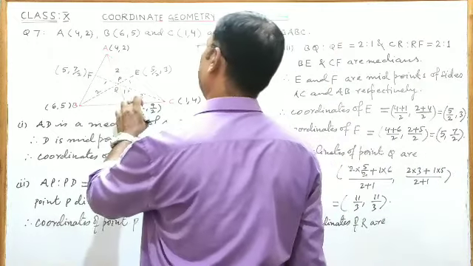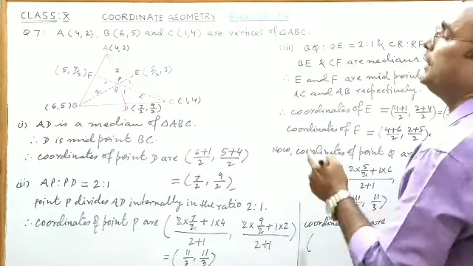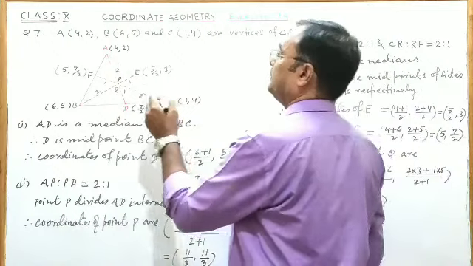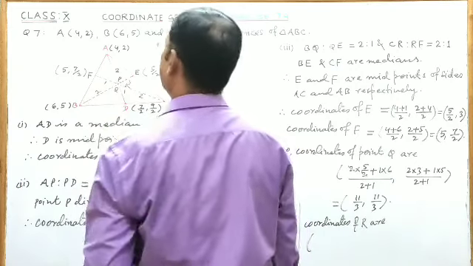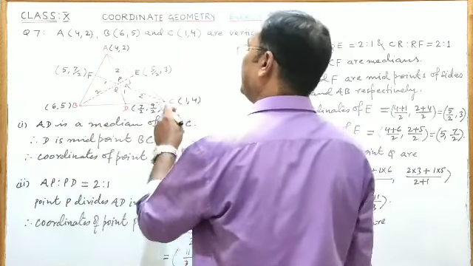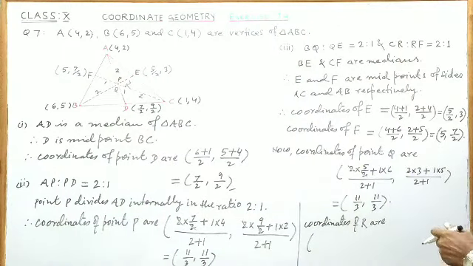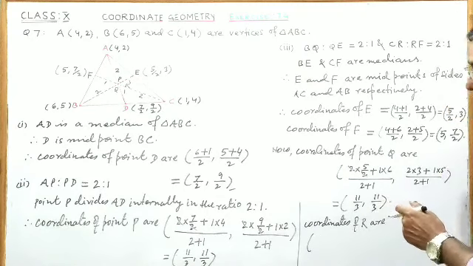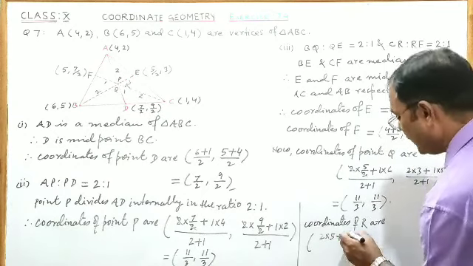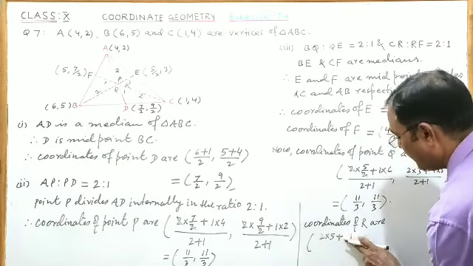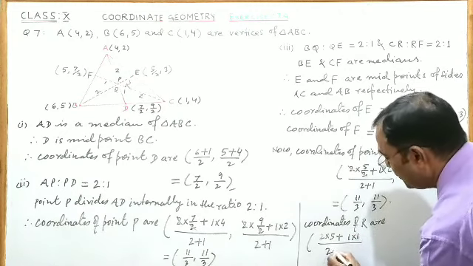Use section formula. Median is CF. Point R is on the median CF, which divides the median in the ratio 2:1. So (2 into 5 plus 1 into 1) by 2 plus 1,